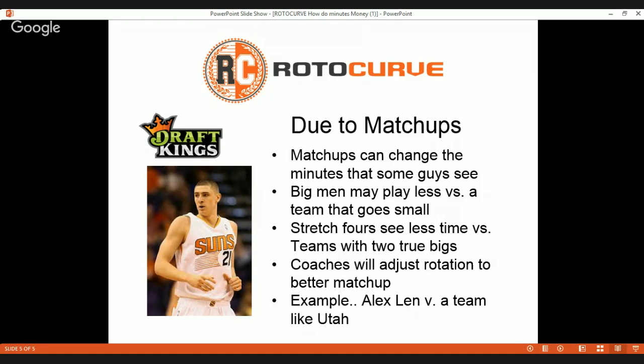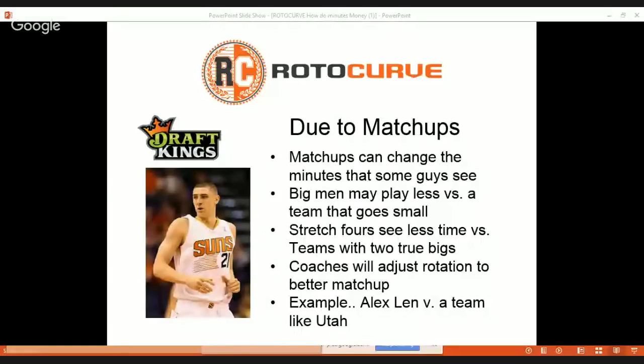So, like I said, sometimes due to the matchup, you're able to find guys that are in sneaky spots that other people might not be playing that can help you make some serious money on the day. So these are just some of the ways that minutes can help equal money for you. Like I said, the NBA is one of those sports that is the easiest to predict based off of past performance. The more minutes a guy gets, the more opportunity that guy is going to get to score fantasy points. And most of the time, it usually leads to a higher score for you.